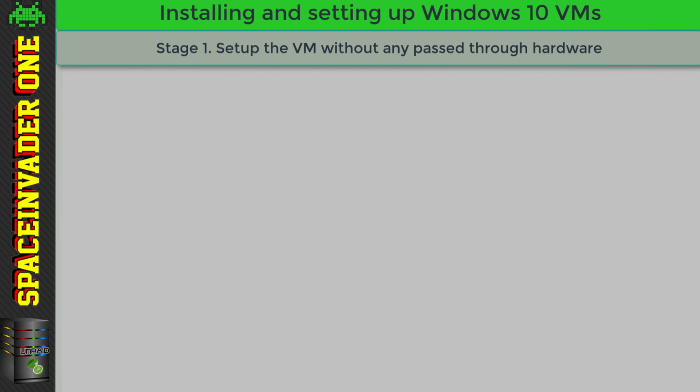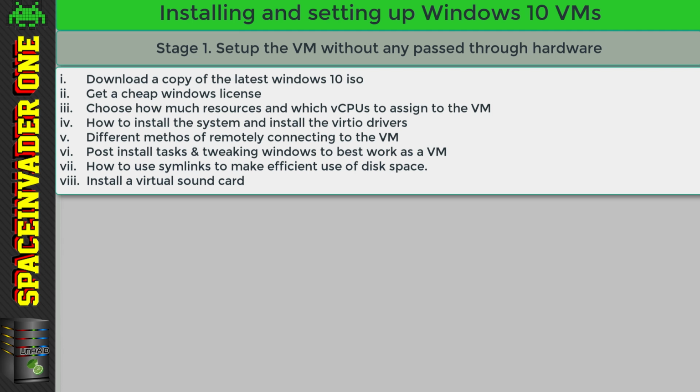Right, so in the first part of the video, we're going to install a standard Windows 10 VM, no pass-through hardware or anything. What we're going to do is download a Windows 10 ISO, and I'm going to show you where I bought a legitimate copy of Windows 10 Pro for only $20. And then we're going to look at what resources we're going to assign to the VM, and then we're going to install the OS along with the virtio drivers. Once installed, we're going to look at different ways of connecting to the VM, after which we'll do some post-install tips and tweaks and set up some symlinks to make efficient use of our disk space. And we'll also install a virtual sound card so we can get sound out of the VM without having a